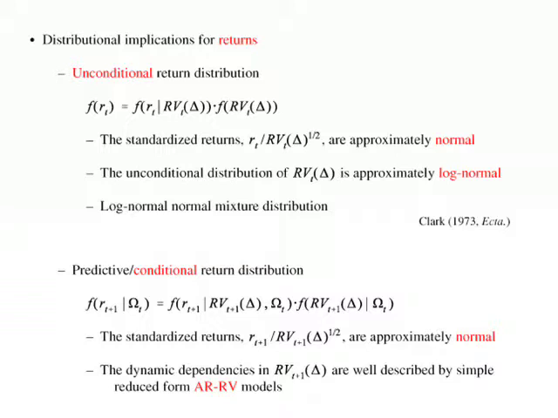Peter Clark on what he called the mixed-up distributions hypothesis, is that if you look at the implication for what the distribution of the return should look like, you take the return distribution and decompose it as the return distribution conditional on the realized volatility times the marginal distribution of the realized volatility. From what I just said, the first distribution is approximately normal, standardized by the realized volatility. The second distribution is approximately log normal. So taking that together, it suggests that the return distribution should be a log normal mixture, which was exactly the